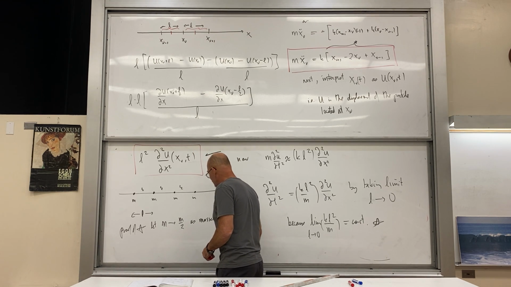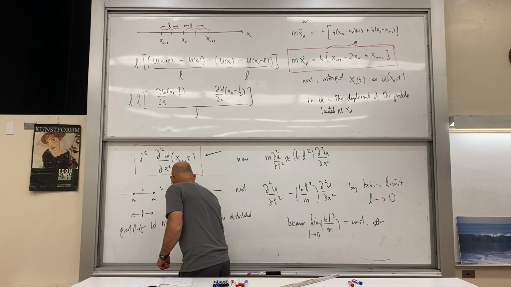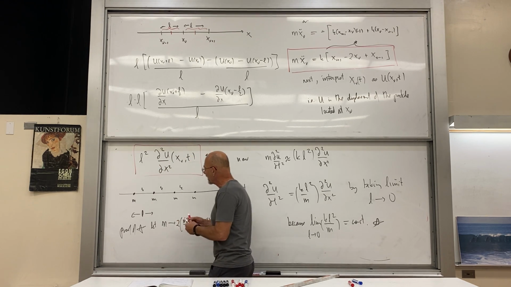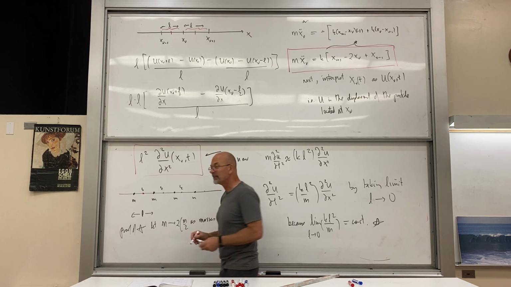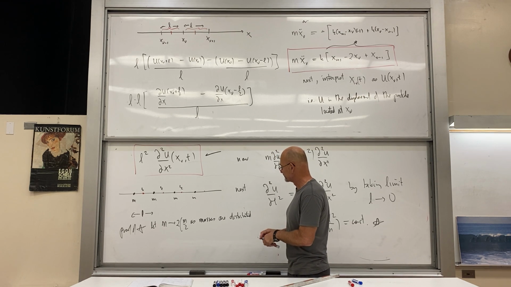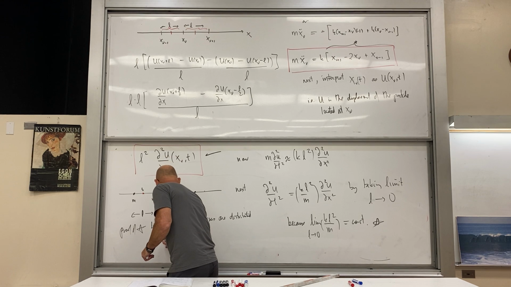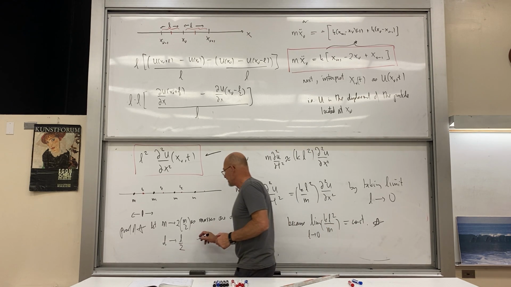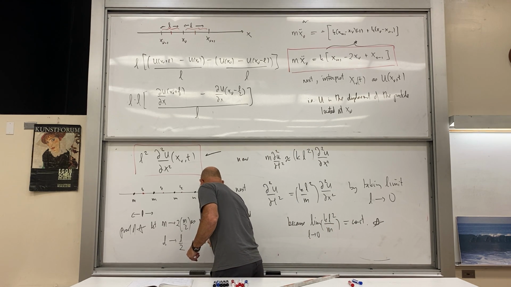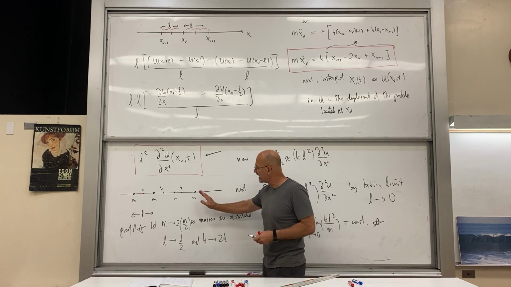So what we're going to do is, I'll say M goes to 2 times M over 2. We're going to cut these masses in half and put them all at the midpoints. Okay. Then L is going to L over 2. Okay. And K is going to 2K, because when you take a spring and